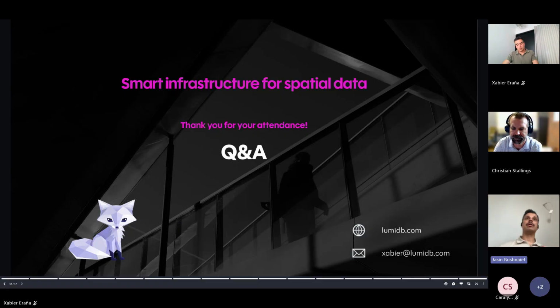One, just as an example, is what we call bring your own bucket, where LumiDB, the indexing and the metadata creation will still run on LumiDB managed servers, but all the data at rest will reside on the customer's own S3 bucket or on Azure object storage. So that's an option as well. Depending on the specific needs on data governance or security, there's a variety of things that can be done there.